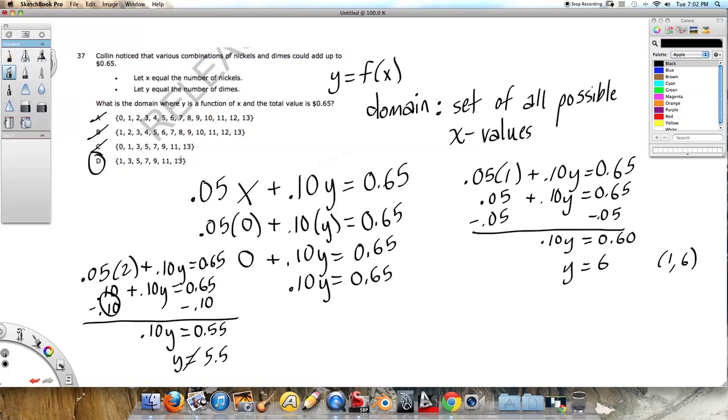And if we look, we go all the way up to 13 here. And if you do 13 nickels times 5 cents, that gives you 65 cents. So that would be paired with 0 dimes. So you can get 65 cents straight from nickels and with no dimes, but the opposite would not be true. You can't start with 0 nickels and get 65 cents out of just dimes. So our answer here would be